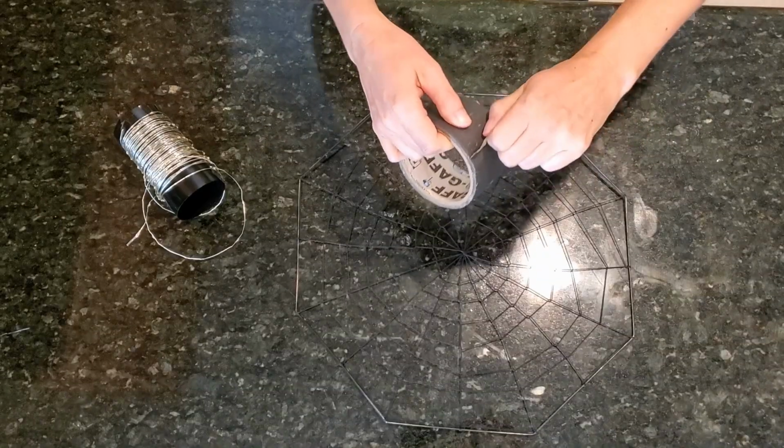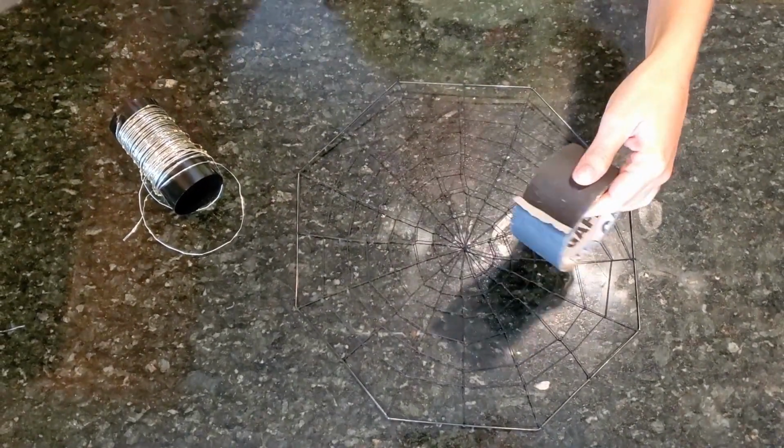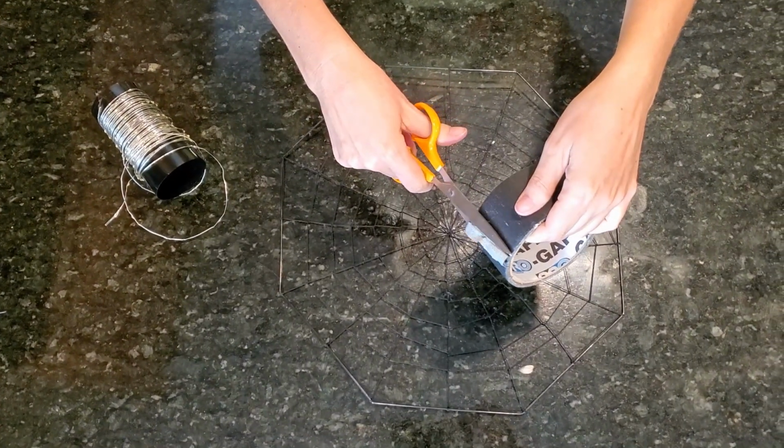And I just have some black gaff tape. You can have some black masking tape. You can have some masking tape and paint it black or whatever you're gonna do. We make it work, don't we? All right, so here we go. So I've just got some tape. And what I wanna do is just take my scissors, cut it down,